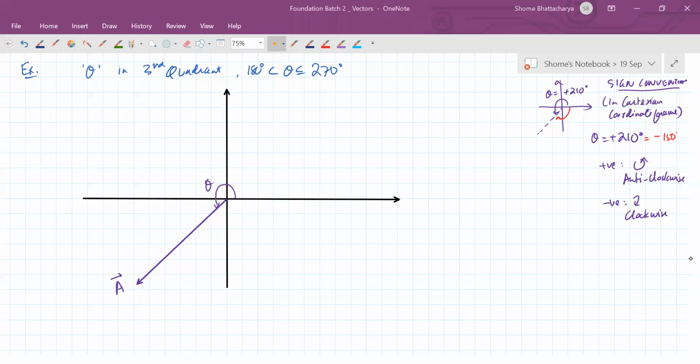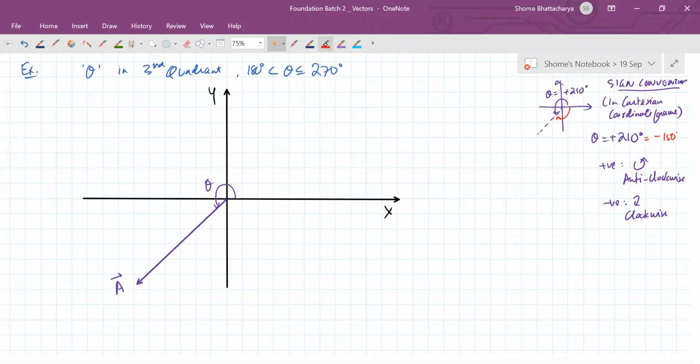So that is why if we are looking at a particular vector whose angle with the x-axis is something between 180 and 270, so when we write an angle of something like 210, for example, it means an anti-clockwise angle of 210. So that's equivalent to a negative angle or a clockwise angle of 360 minus that much. Okay, so that's the sign convention that we use for the Cartesian xy coordinate system, that when we write an angle with positive sign, it means anti-clockwise angle, and when we write it with negative sign, it means clockwise. So that's why something between 180 and 270 is in the third quadrant like this.